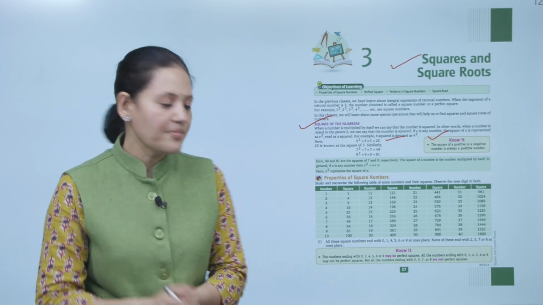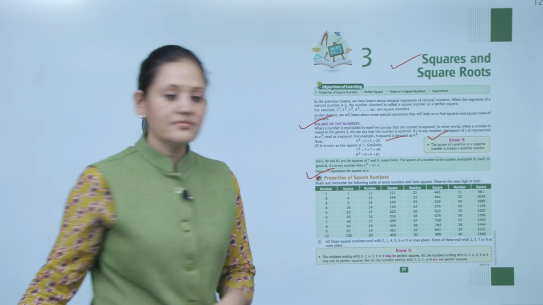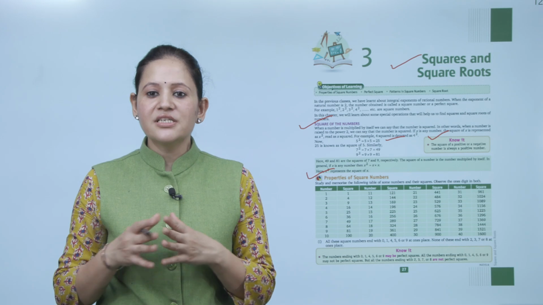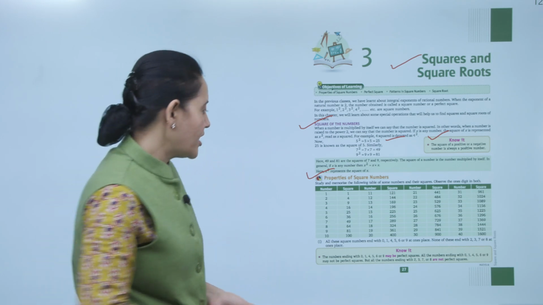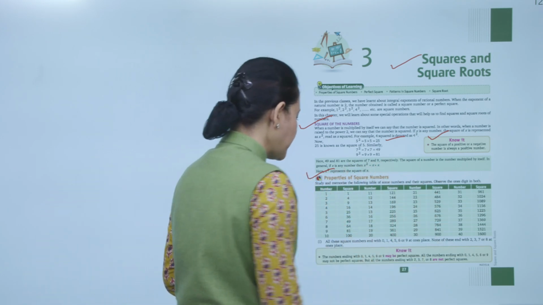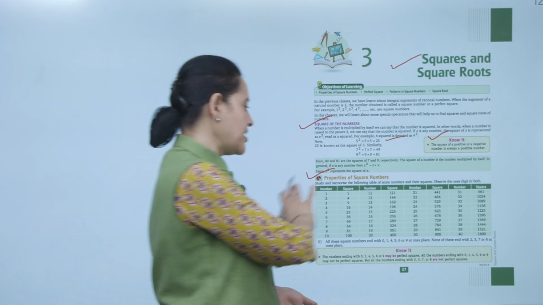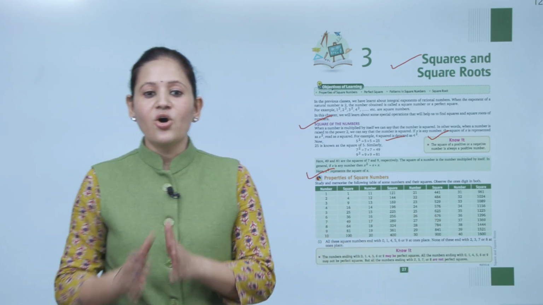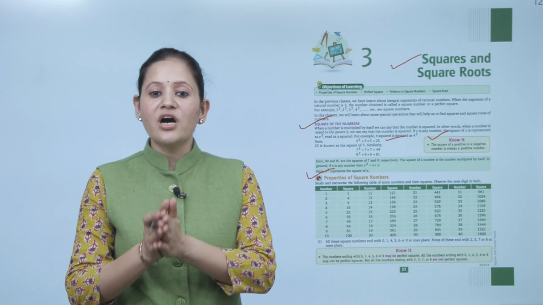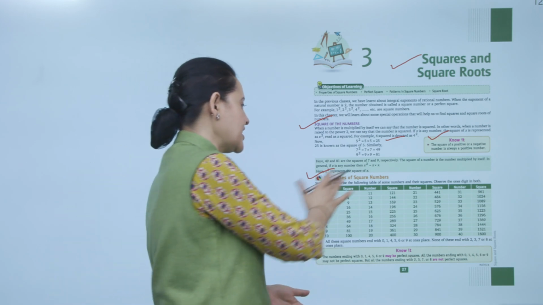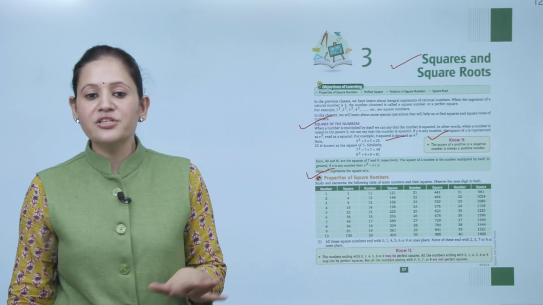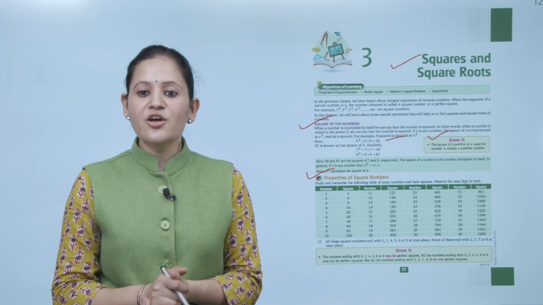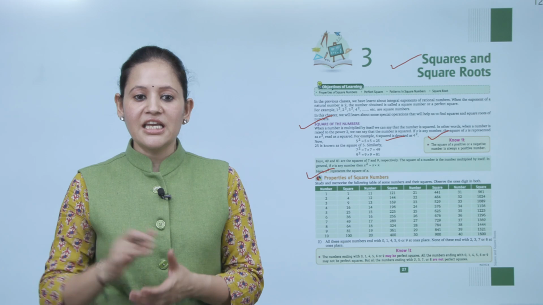Next is properties of square number. Study and memorize the following table of some numbers and their squares. Observe the ones digit in both. So here the numbers and their square values are given. You have to study this table carefully and memorize some square numbers. Clear? All these square numbers end with 0, 1, 4, 5, 6, 9. So when you study this table, you will observe that all the square numbers end with 0, 1, 4, 5, 6 and 9 at one's place. None of these end with 2, 3, 7 and 8 at one's place.